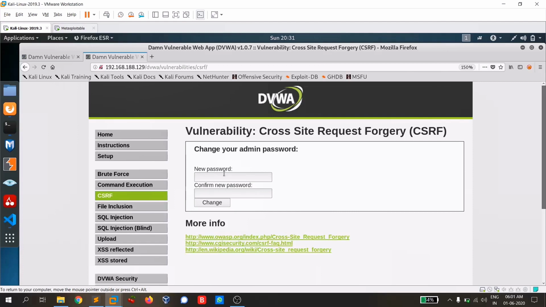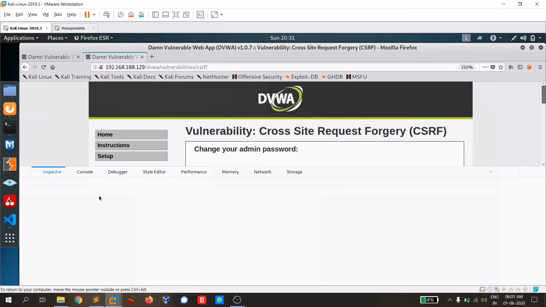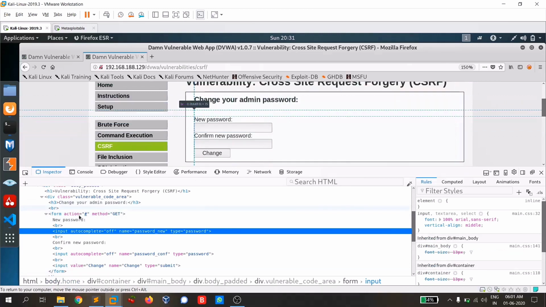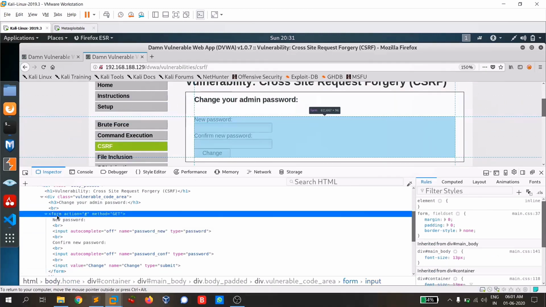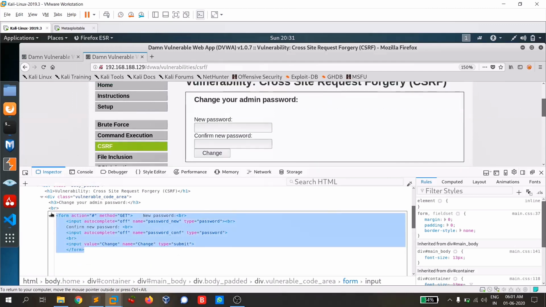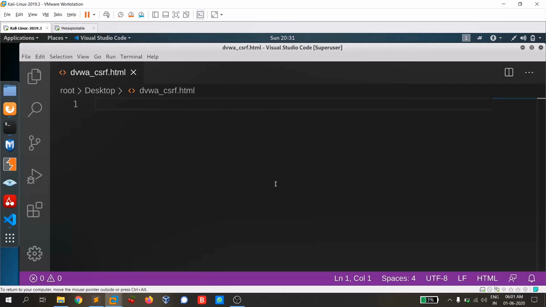What I'm going to do is right click on this section, inspect element, and since this is taking input, this must be a form. I think you must be somewhat familiar with HTML, or else you're going to face some issues. Right click on this, edit as HTML, and copy the whole code, and paste it in any of your notepad.